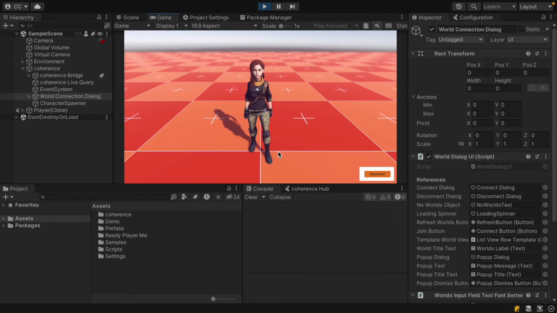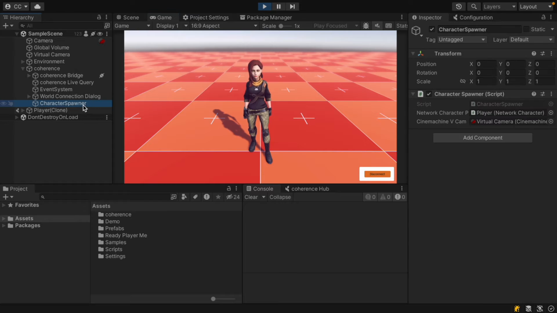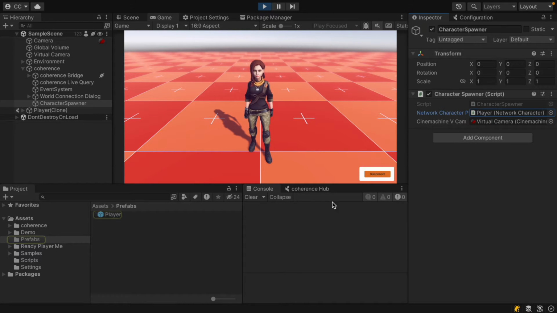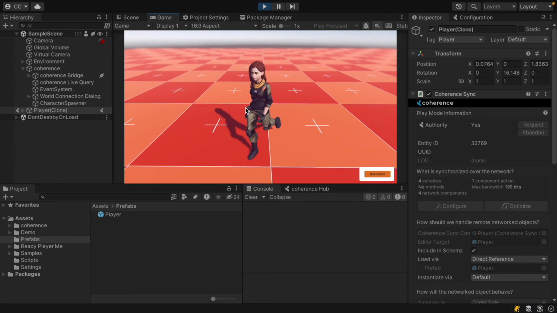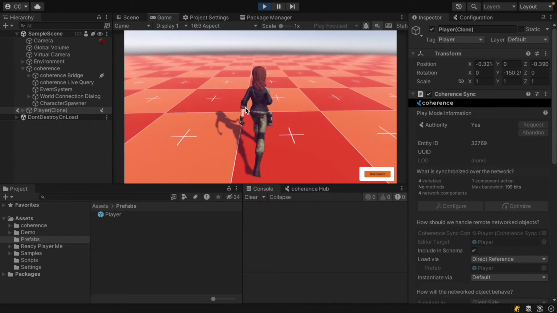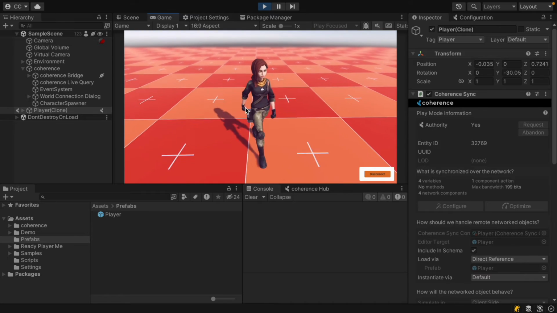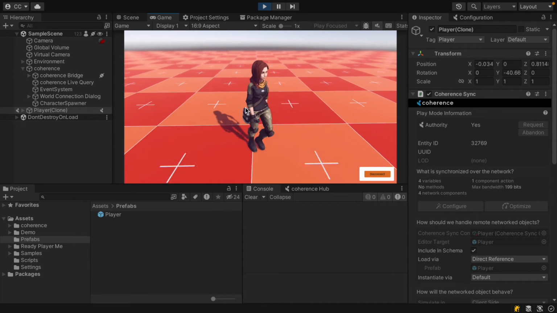When we do that, what happens is that the character spawner object here in the scene has spawned an instance of the player prefab which was linked in one of its public fields. And immediately after spawning, it has provided the Ready Player Me server with the ID that we introduced in the UI, which has in turn loaded the actual mesh. And now we can move and walk around, and you can see that the mesh has been completely bound to the bones and animated as we would expect.